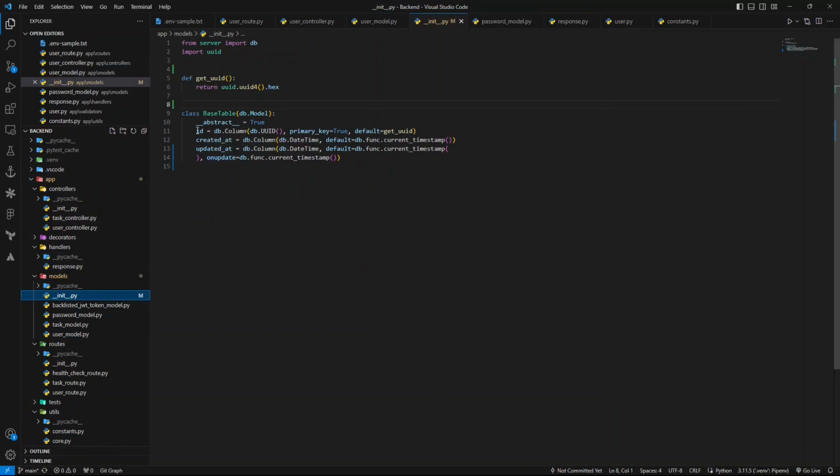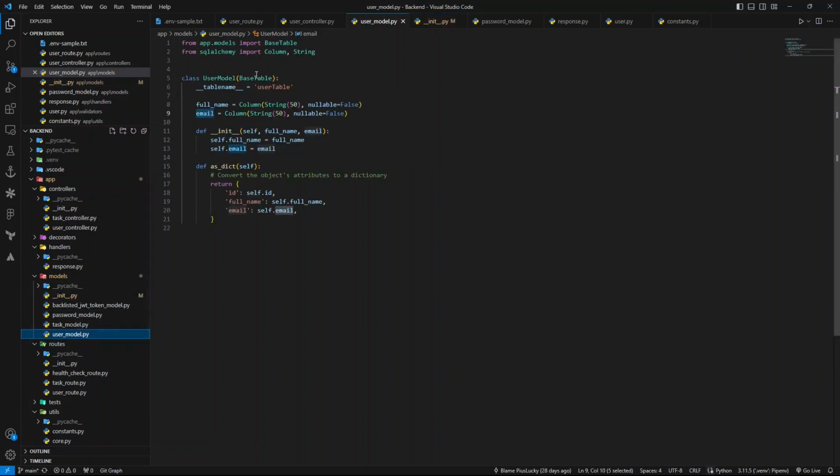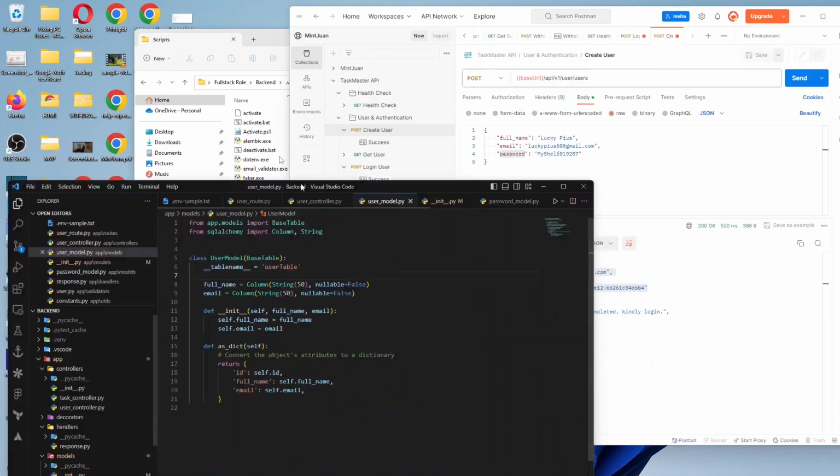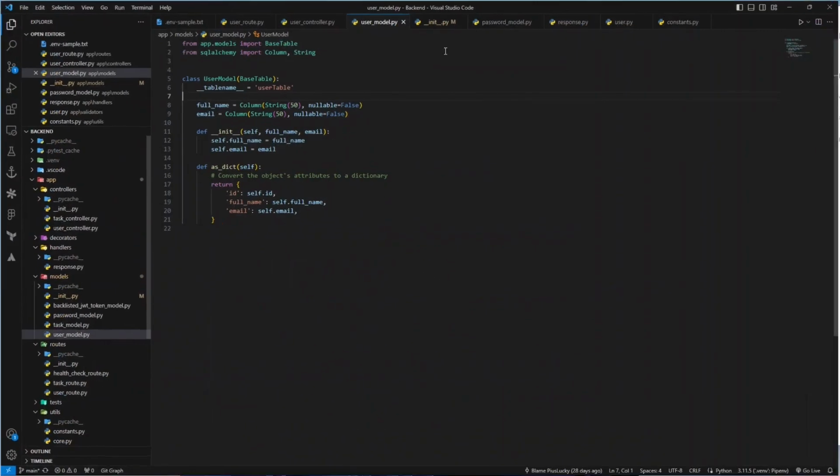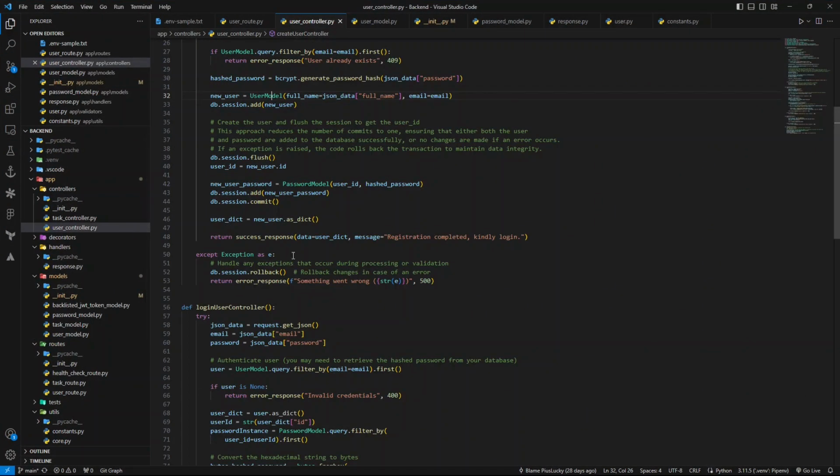This init model basically has an ID where it generates some sort of UUID, right? Created at and also updated at. The UUID we're creating here, if you notice, the user model is actually extended from the base model. So that means the ID is what we are getting from the base model, right? So basically, that's how it works, and we can go back and see that we basically have the sign up